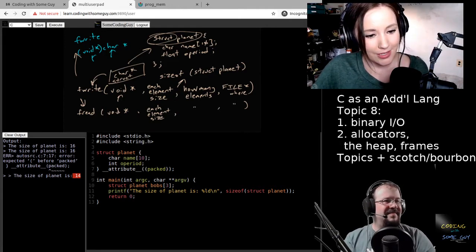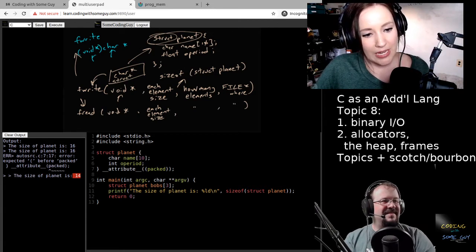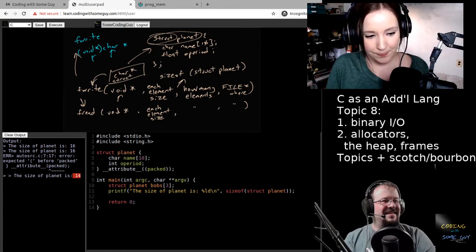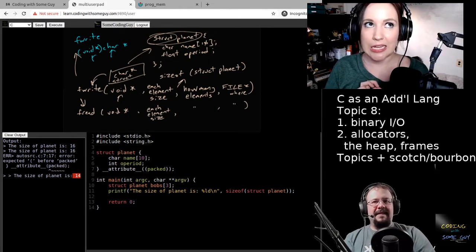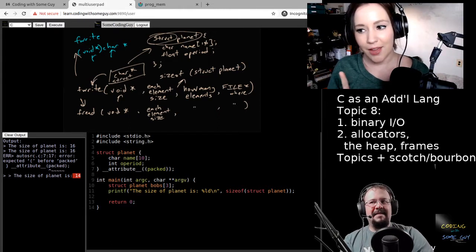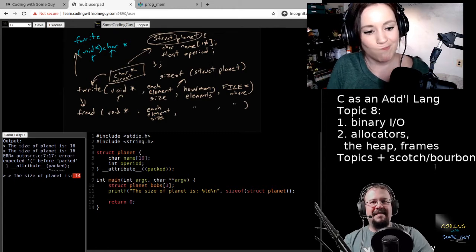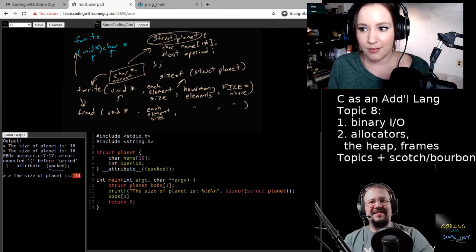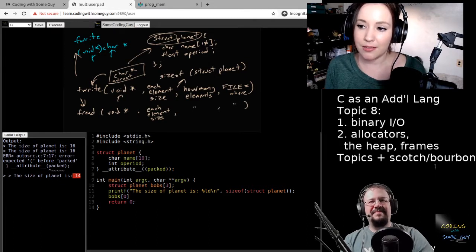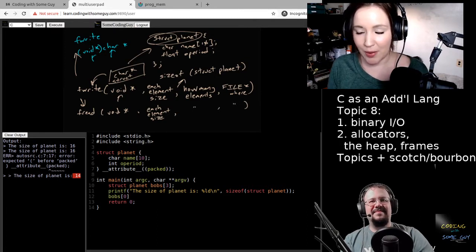So in that case, we could start here. We can set the first element of our array of structs.